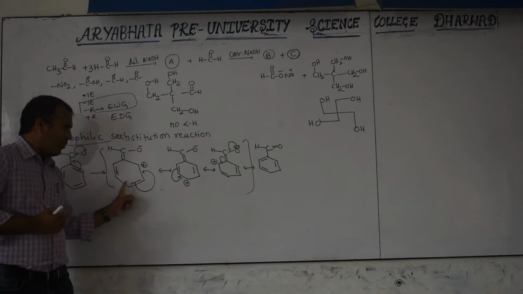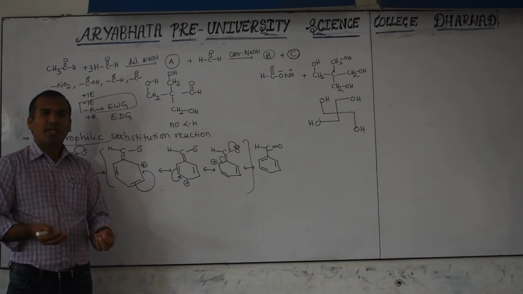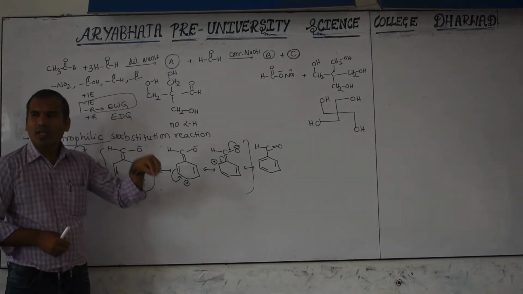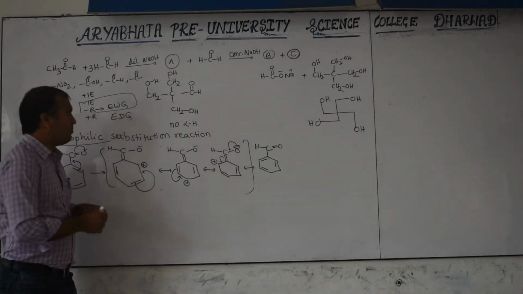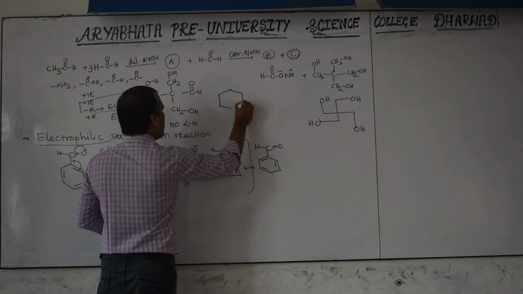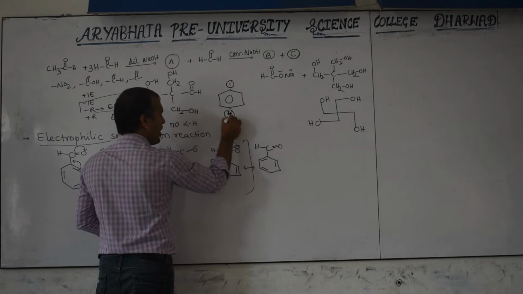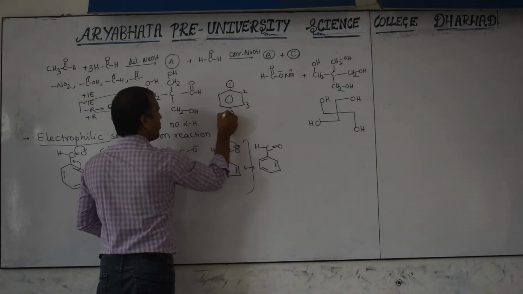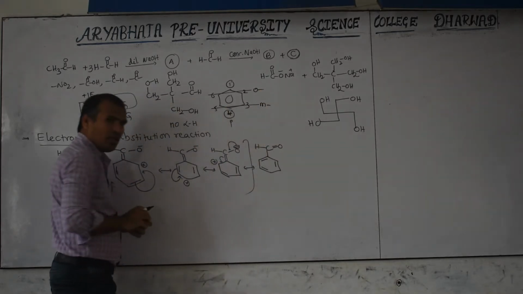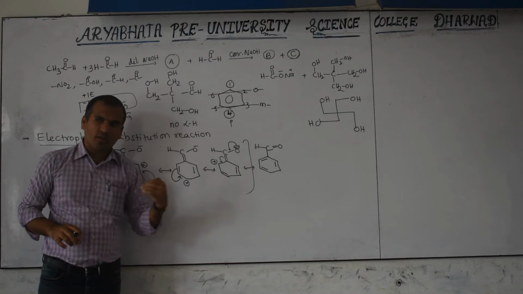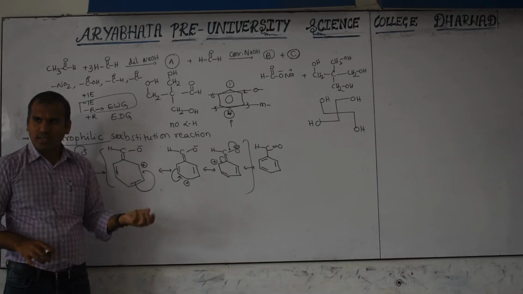At the meta position, anywhere do we get a positive charge? No. Here there is no positive charge. At least we have to consider some electron rich part. This is the meta position. It means this is benzene: position 1 with respect to 4 is para. These are 2, 3, 4, 5, 6. These two are ortho, these two are meta, this is para. So at the third and fifth positions, what do you call them? The meta positions. There are no positive or negative charges there.